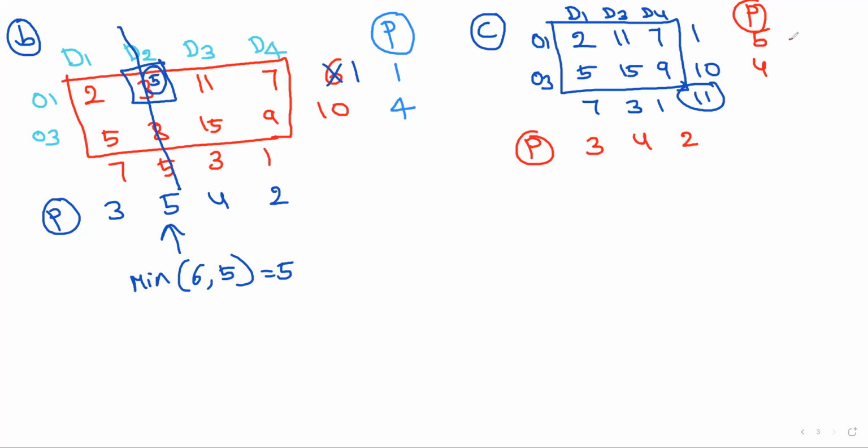Now what is the highest penalty? 5. For 5 the least element is 2. For 2 we have to allocate minimum of O1 row 1 and 7. How much? 1 we have to give. So which is satisfied? Row is satisfied. 7 minus 6 is 1. And again the new reduced table is